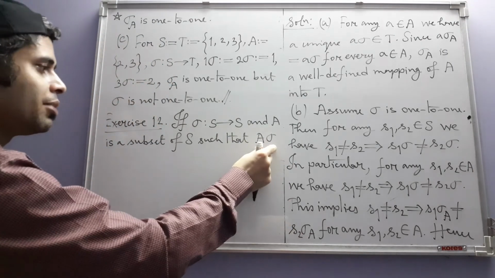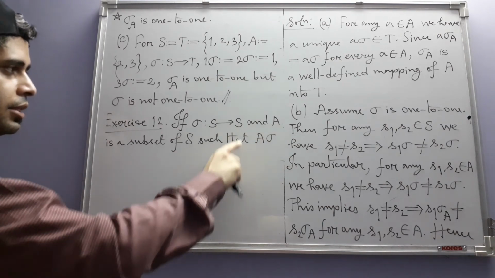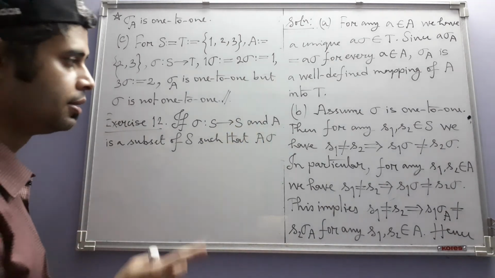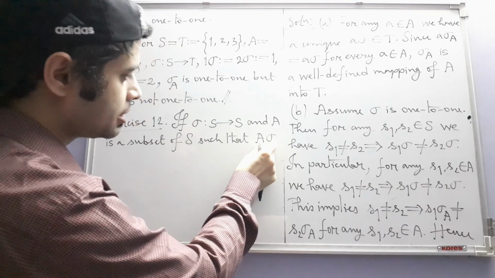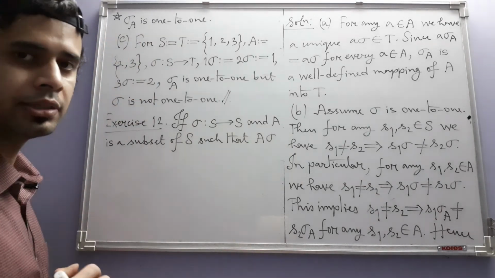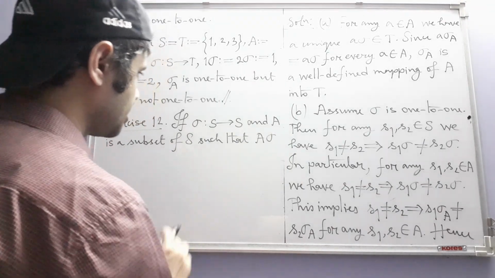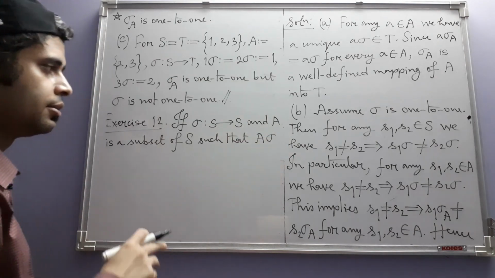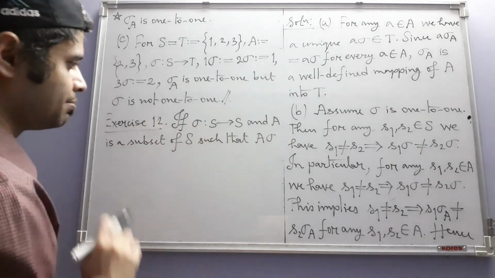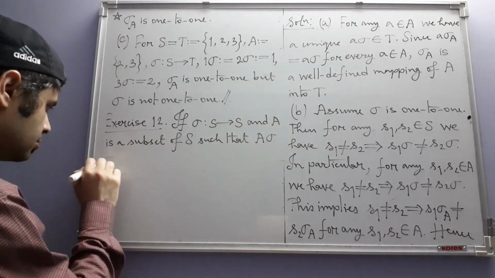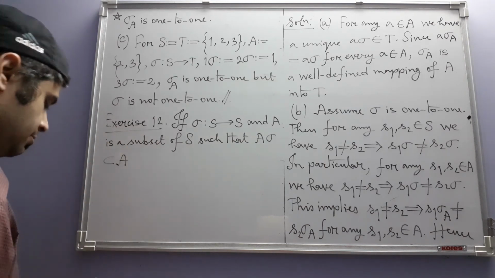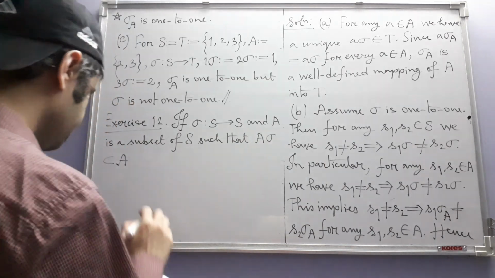Do you remember this set? This is the image of the entire domain under sigma. That is, in other words, it is the set of all possible images. Sometimes we also call this set the image set of the mapping. This is a subset of A. Prove that